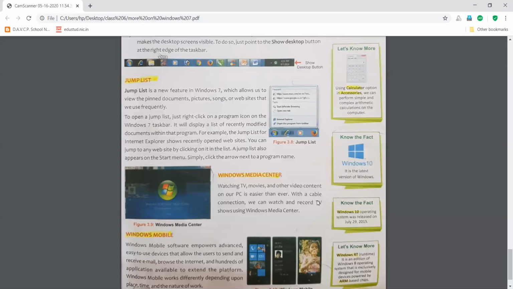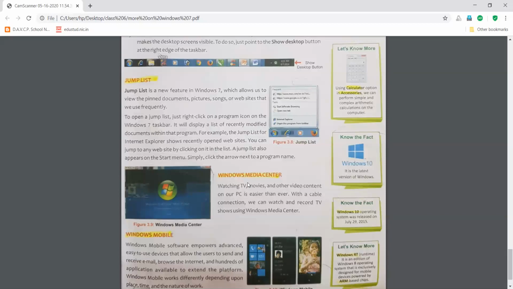For example, the jump list for Internet Explorer shows recently opened websites. You can jump to any website by clicking on the list. A jump list also appears on the start menu. Simply click on the arrow next to the program name, right? So jump lists are basically the recently opened items of a particular software.